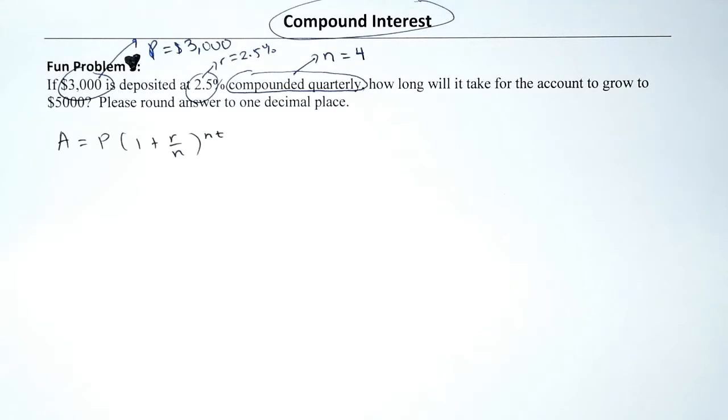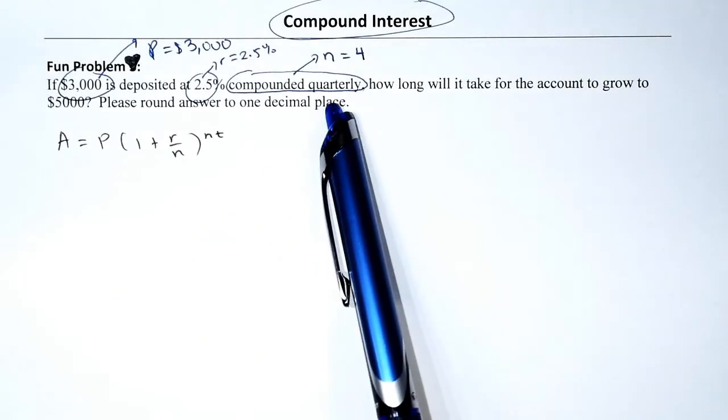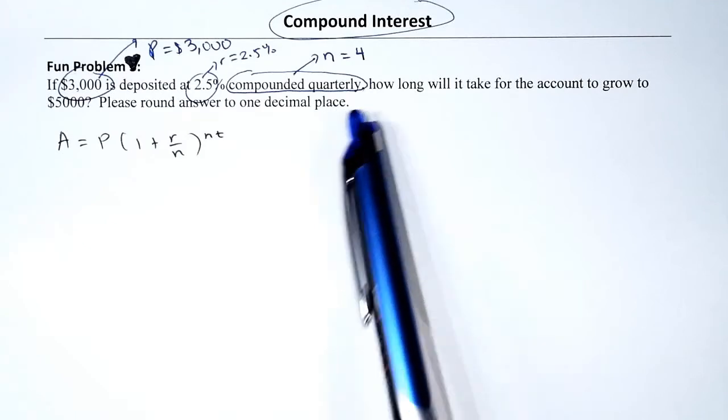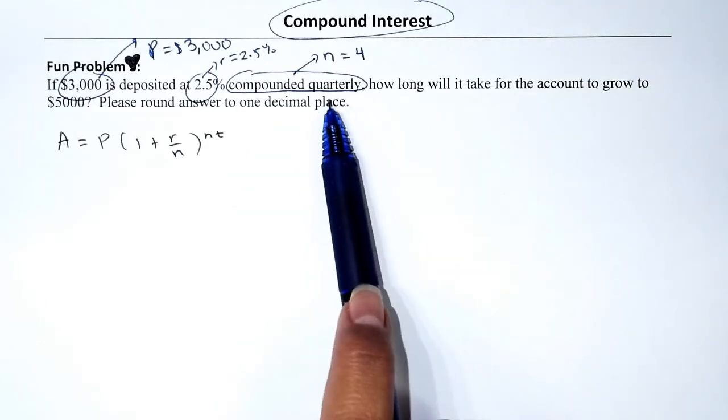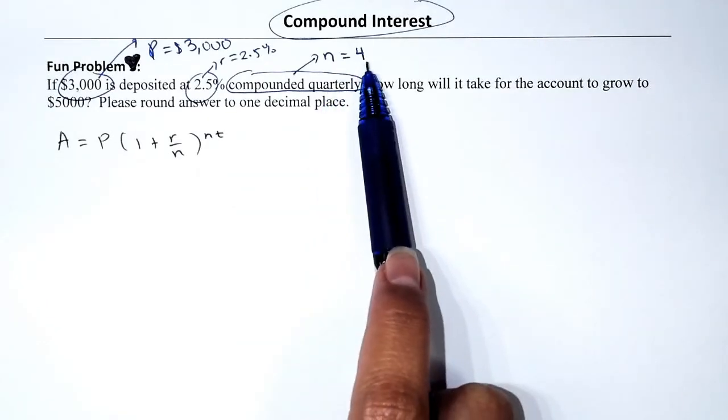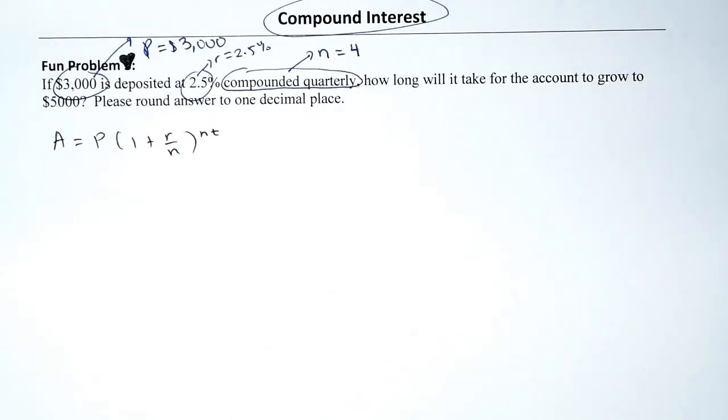The popular mistake is that students, when they see quarterly, may be inclined to put n equals 25, and I'm assuming because it reminds us of a quarter, which is 25 cents. But if you break it down, the reason why it's called a quarter is because it's just one fourth of a dollar. But yeah, too much information. All right, so interest is compounded quarterly, so that's code for interest is paid out 4 times a year, so n equals 4. The question is, how long will it take for the